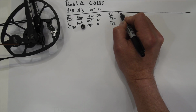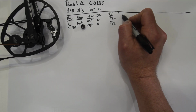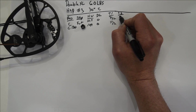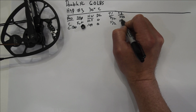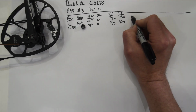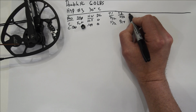When we go to 2 pounds extra holding weight, so now instead of 11 pounds, we're at 13 pounds. Our string is going to travel 5/32 with the factory stops and only 5/64 with our stops. So a different way of explaining that is